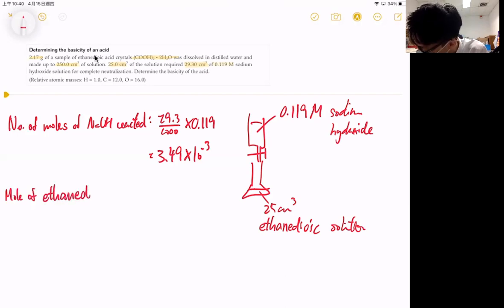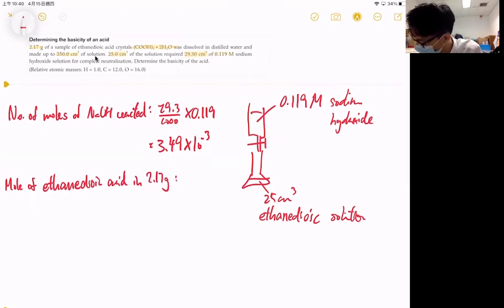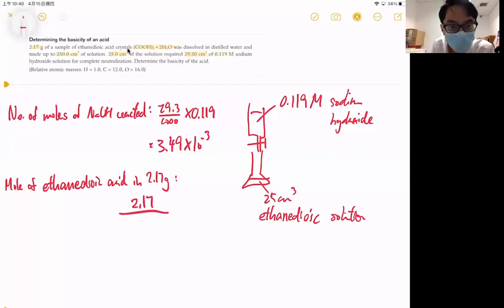We have the mass, so calculate the molar mass here. We will get 2.17 divided by, for ethanedioic acid, the molar mass you calculate will be 126. And directly do the calculation, and you will find